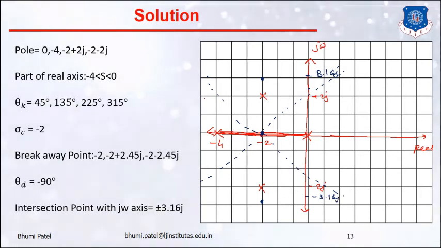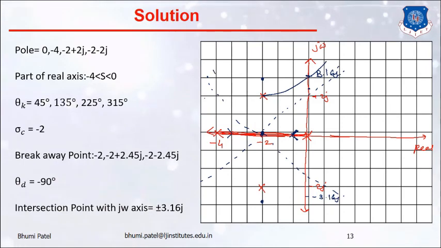Now starting from the first pole and ending with the last pole, if the number of poles and zeros to the right is odd, the direction of the arrow is left hand side, and if the number of poles and zeros is an even number, then the direction of the arrow is right hand side. Okay, now we have to draw the root locus starting with this point, and this is my intersection point, and this is my angle. So we draw the root locus in this manner, and we have to complete this root locus. Okay, and the direction of the arrow is like that.